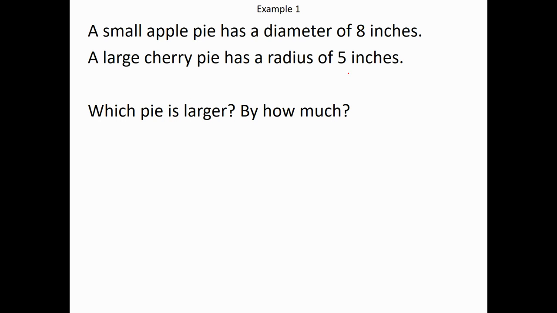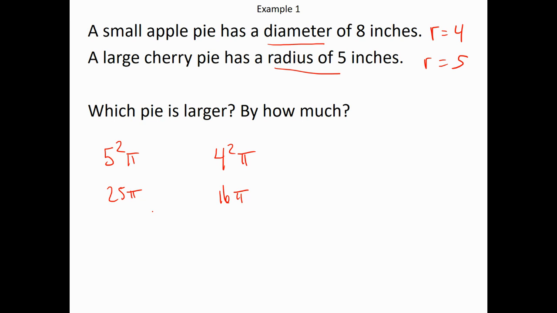So here's an example. Here we're given the diameter of an apple pie in the shape of a circle is 8. So that actually means the radius is 4. Then we know a large cherry pie has a radius of 5. Which pie is larger? By how much? Obviously the large one's going to be bigger, but by how much? Then what we need to do is just take the radius of the larger one, square it, multiply by pi, and then the radius of the smaller one, square it, multiply by pi, and then actually evaluate these on the